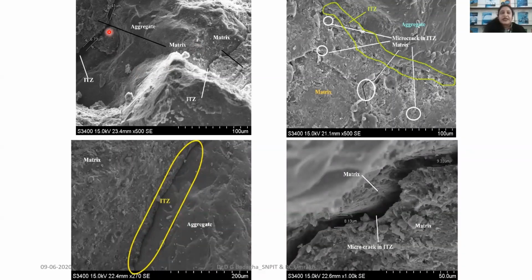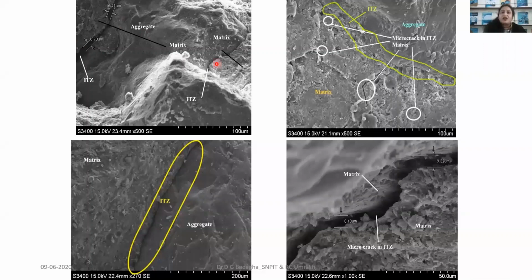Here you can see that if conventional concrete will be there, then the crack will be large. But here GGBFS is there. So we can say that here 6.73 micrometer to 6.41 micrometer crack is there. When that crack developed, when we did testing on that, maybe already that broken our cube for testing, though we have only that much thin crack. If conventional concrete will be there, then that crack will have a higher width. So we can say that it's having a good bond, good density, good strength.